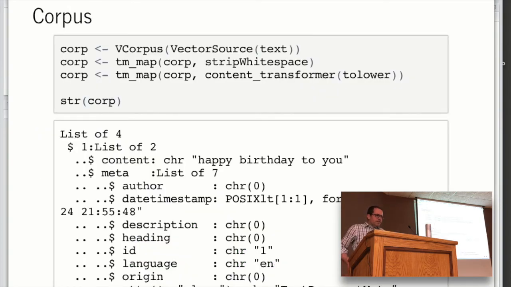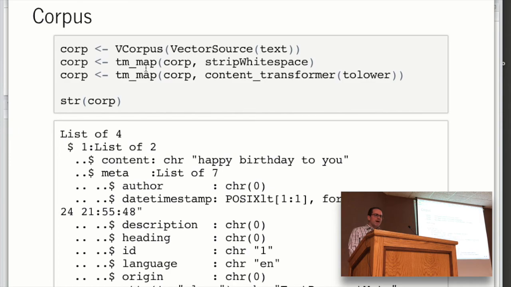So to start with text, you create a corpus. This is a fancy word that just means body of text. There are corpuses built into these packages. The Reuters corpus is a famous one for working with text, which is a bunch of news articles from the people at Reuters. There's a Jane Austen package, things like that. There are all different kinds of ways of getting sample bodies of text. But this is the default structure for data in the text mining package.